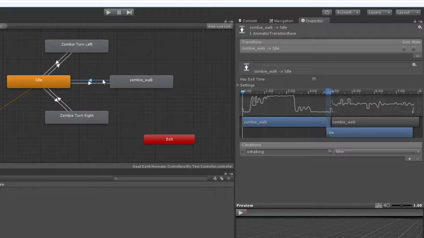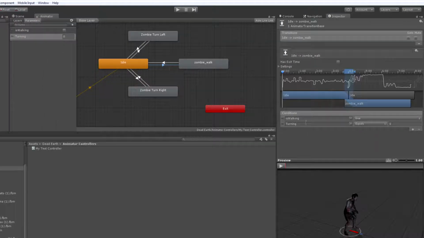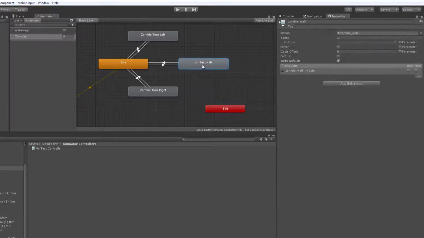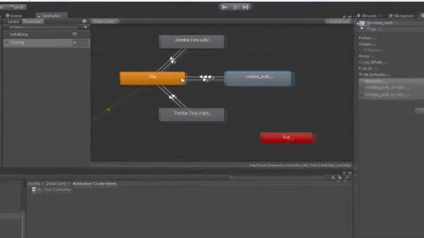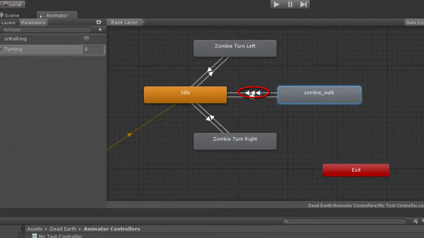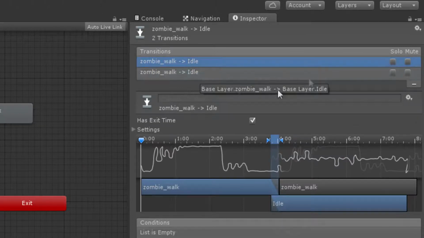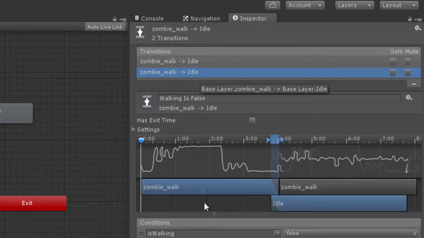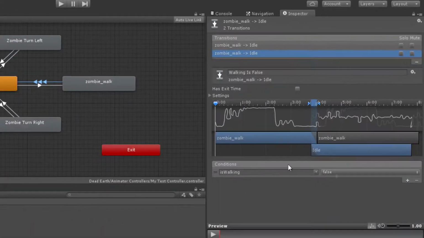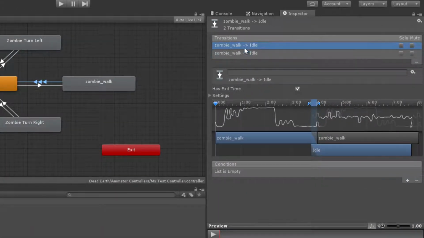So in order to do another transition, rather than what we did below, which is a single transition with multiple conditional parameters, I just go to the zombie walk state, select it with the left mouse, right click with the mouse, choose make transition, and drag another transition over to idle. And you'll see now that there are multiple arrowheads on the transition from walk to idle, and that's what lets us know that there are multiple transitions between these two states. So if I click on the wire now, we have two transitions in the transition list, and as you can see, the first one is the one we had before that is triggered by the is walking boolean being set to false. But we also have this new transition now, so let's set that one up,